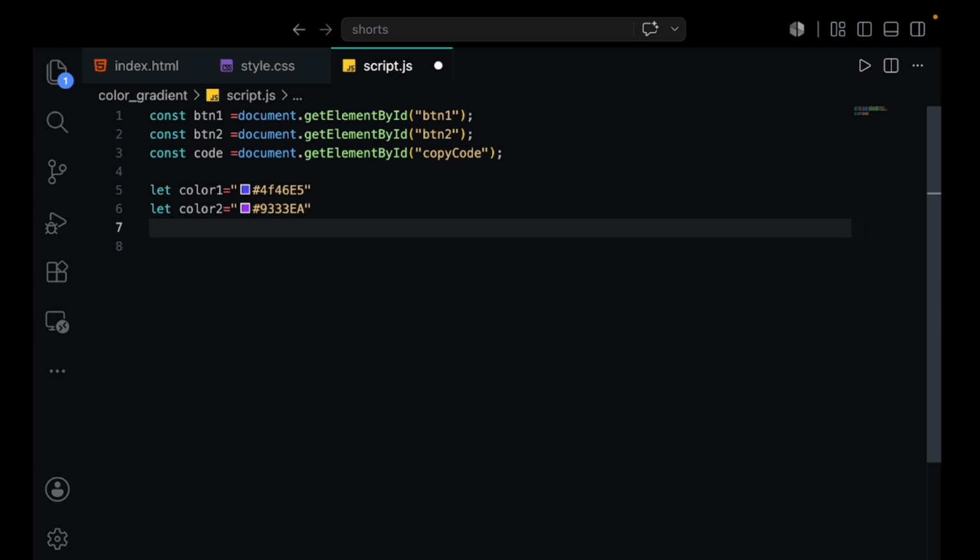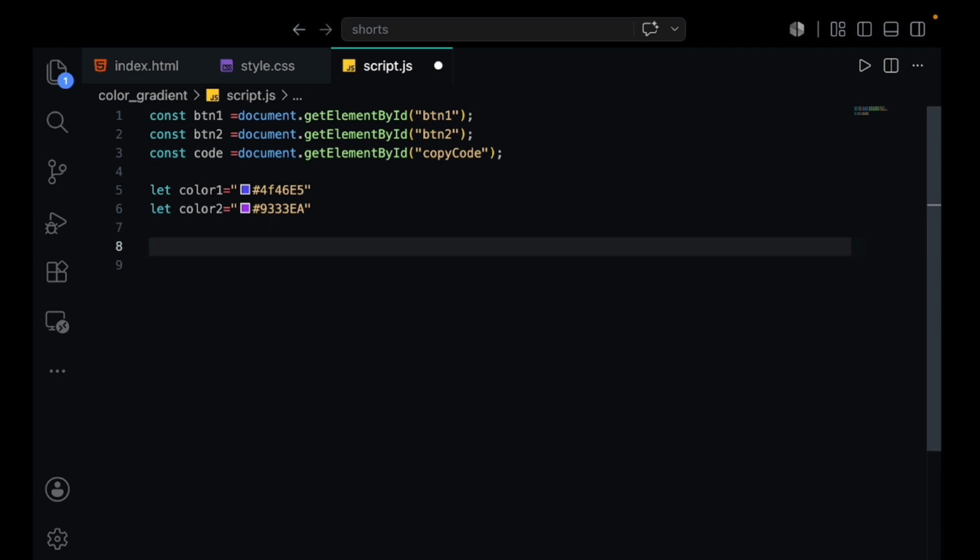Okay. So we have these buttons and that code block.